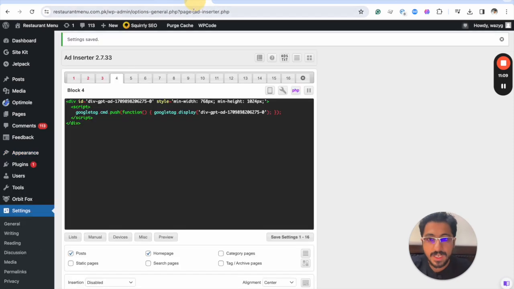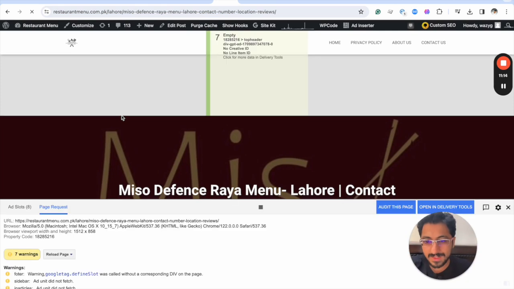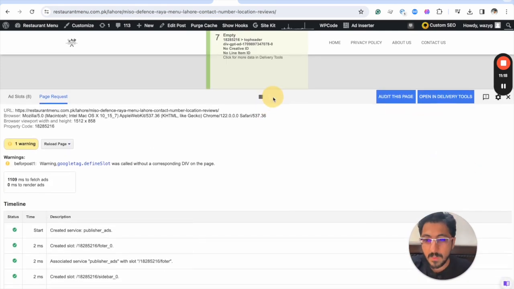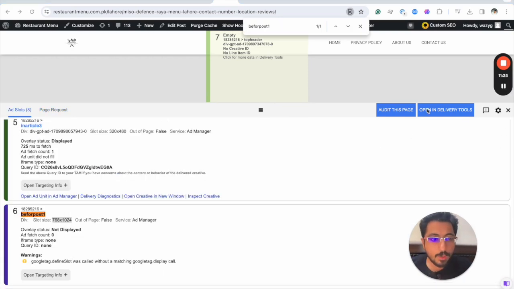Okay, navigating to the site again and seeing whether this error persists. Great. Now those are gone and we have fixed these errors, and we only see one particular error. Now to fix this error, we can simply implement the body add code. So remember what it says: defined slot is called without a matching display call. So our display call is missing. This might be intent